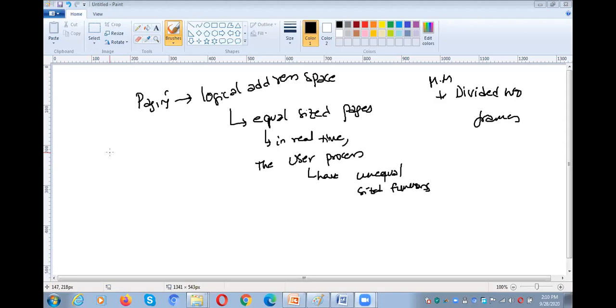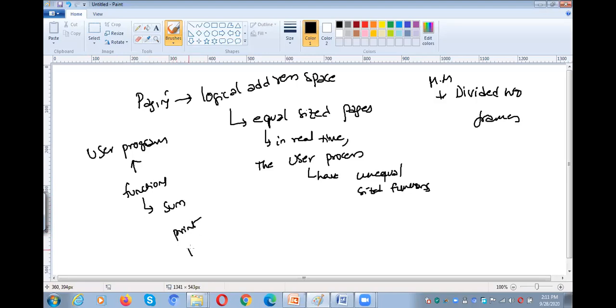So here is the user program. Usually the user program consists of different elements, right? The program may have different functions like sum, a function like print, or a function like display. Like that, we have so many functions in our program, right?